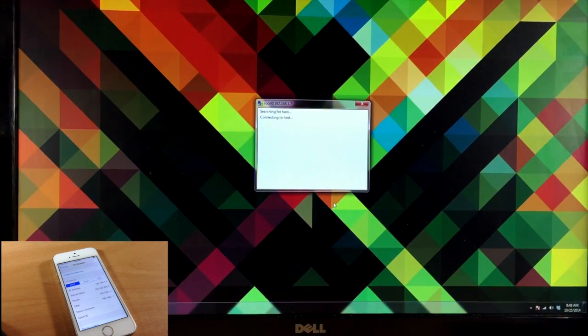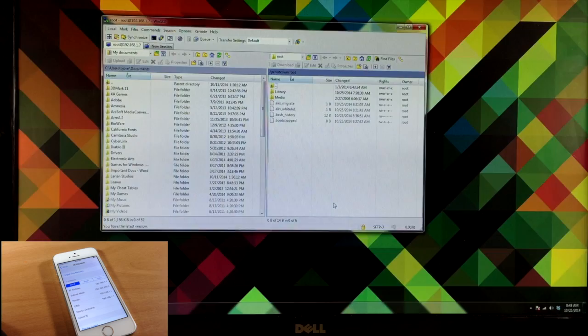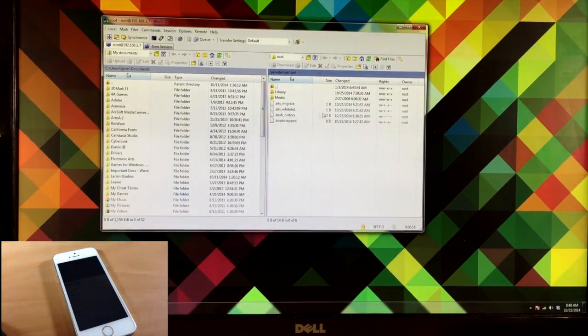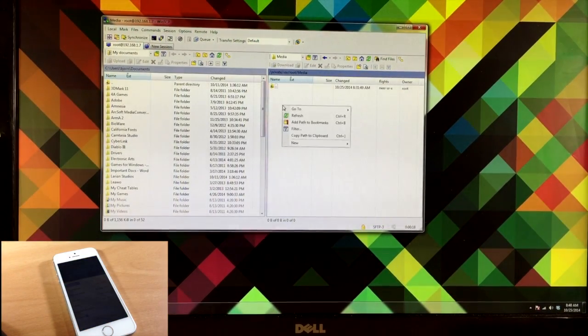So now when we click login, it should go ahead and connect to the host. Now you might get a little pop-up right here before it actually logs in, and just click yes, and that's going to allow you to continue to connect to your device. So now this right here, this little box is going to be our device. This is our iPhone. So what we want to do is open up media, and then we're going to create